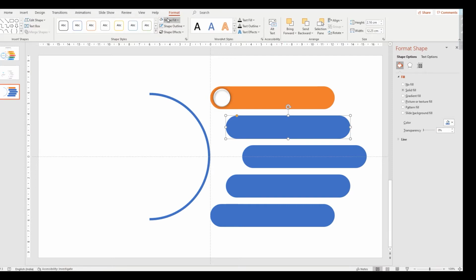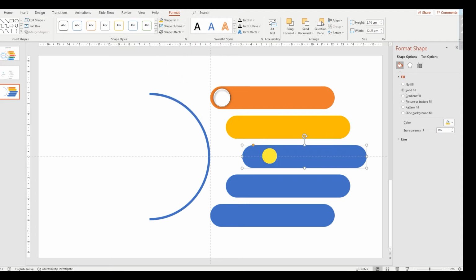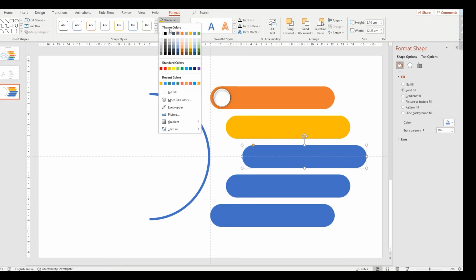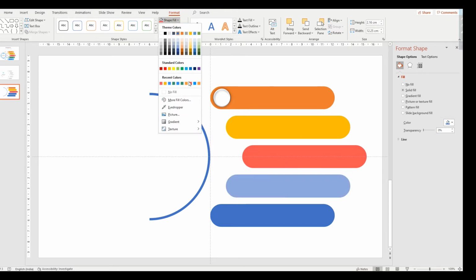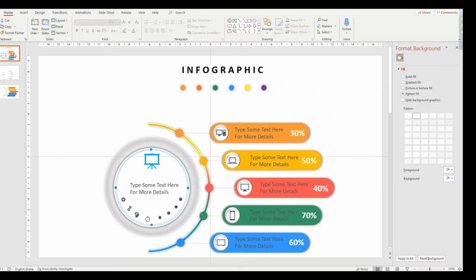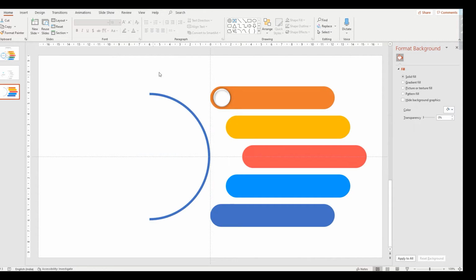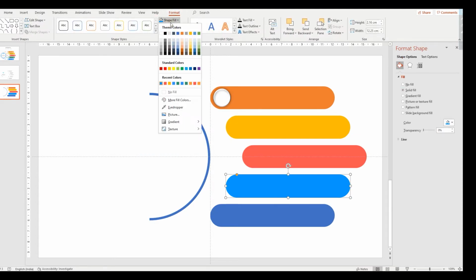This one also we are going to give the coloring. Next this one also coloring. Give the coloring to all. Which color we gave here? Green and blue. So we are giving green for this one.